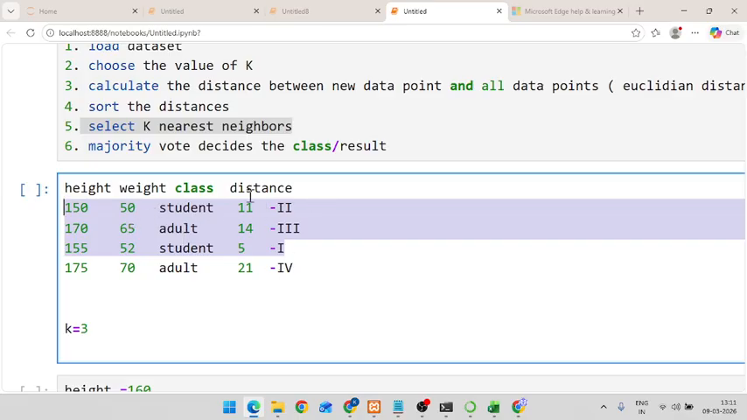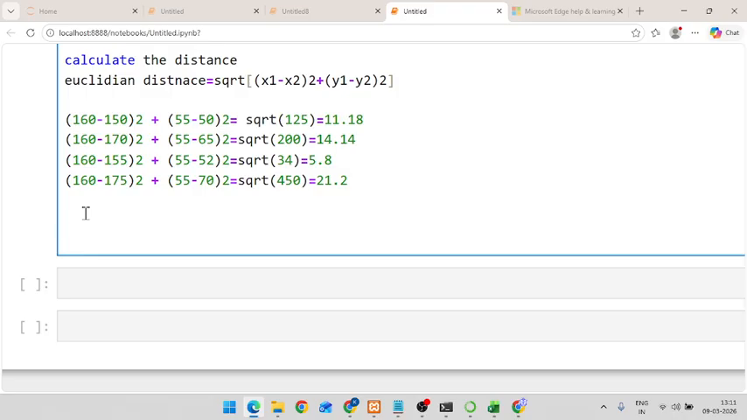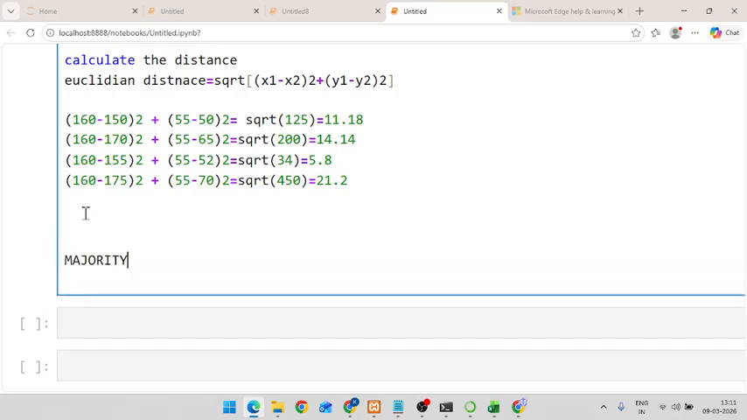So 2 will be of class student and 1 will be of class adult. Then the final class will be, the majority vote goes to